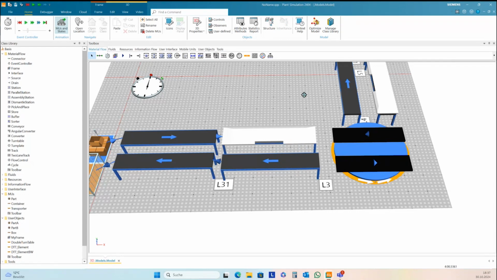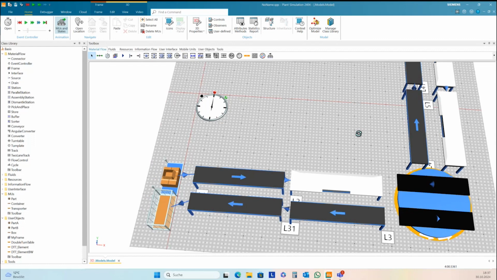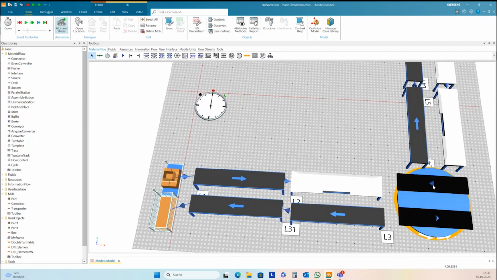Okay, we need to check the behavior later. Maybe it's just the wrong rotation of this element here.